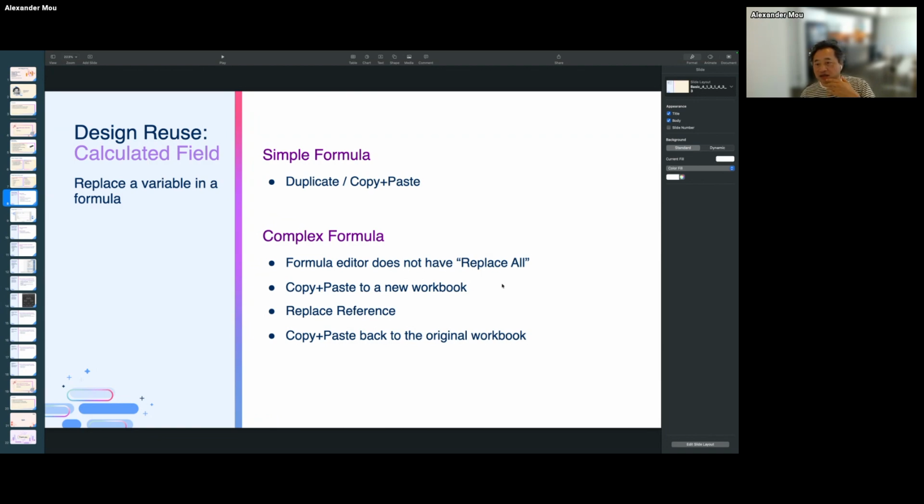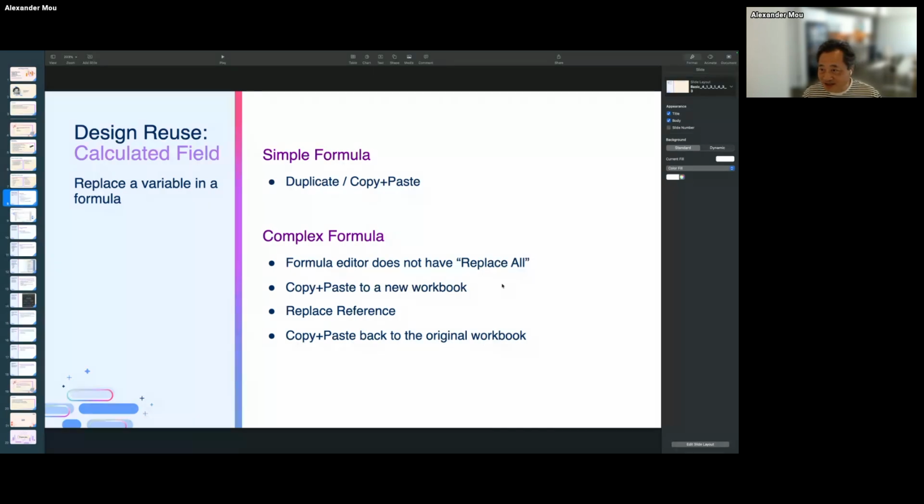Now we want to use this formula for profit, for example. Then we have to change sales one at a time, many times, to create the same formula for profit. It can be time consuming to replace one at a time.